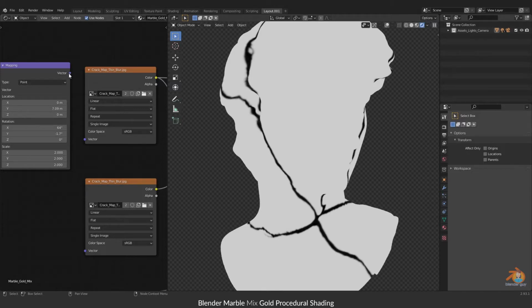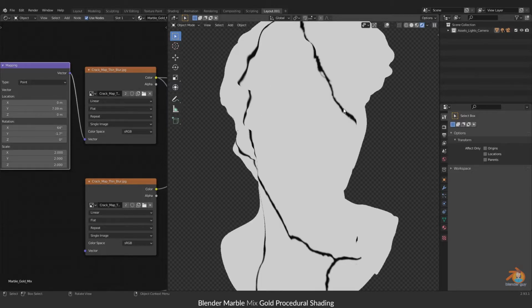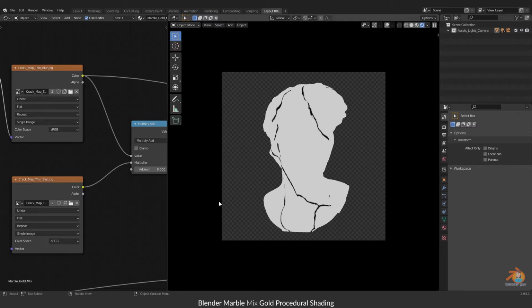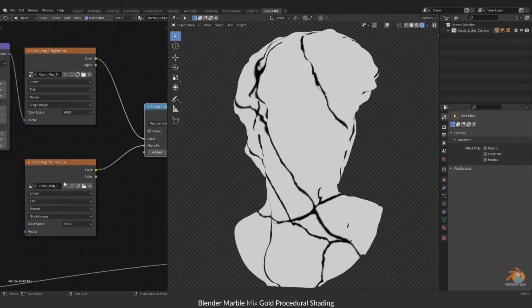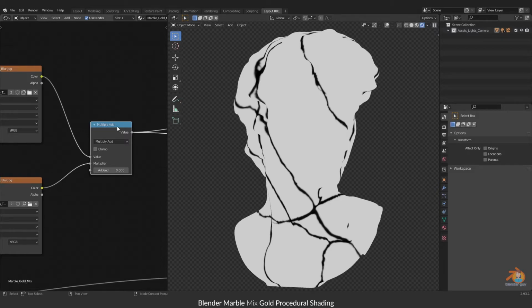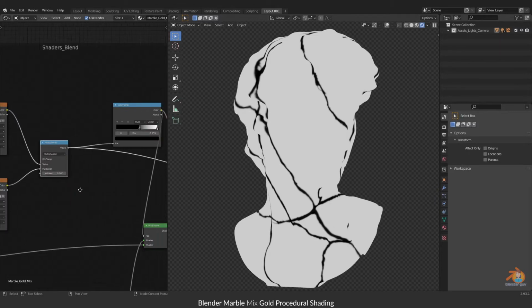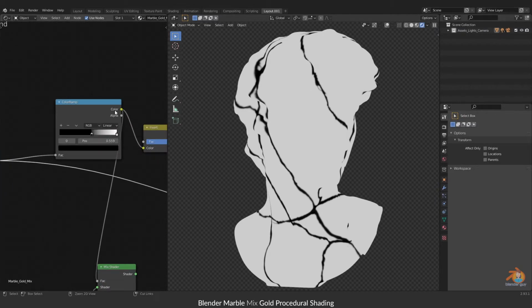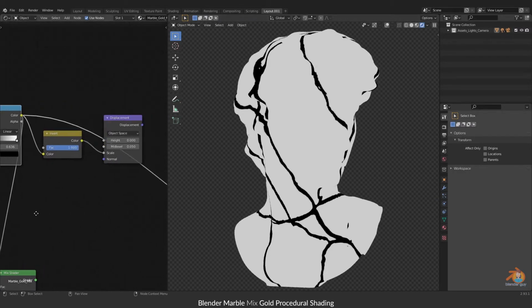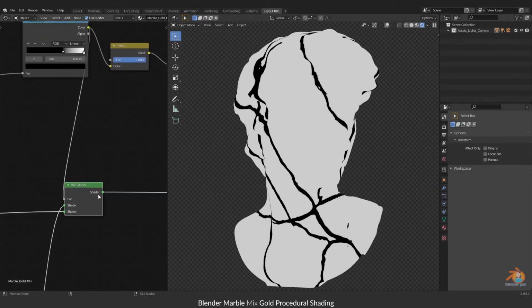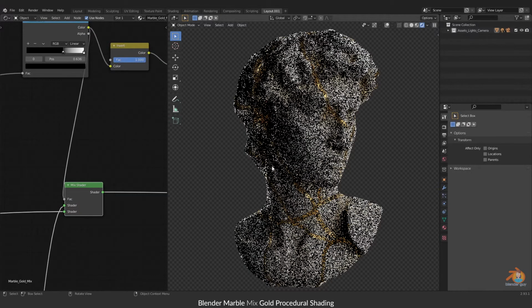I just adjusted it however I felt was good. I've taken it once again and blended two times. You can see the multiply add here, and then again I've connected this to a color ramp just to adjust the white and black values, and the same thing is used for displacement and also the marble.